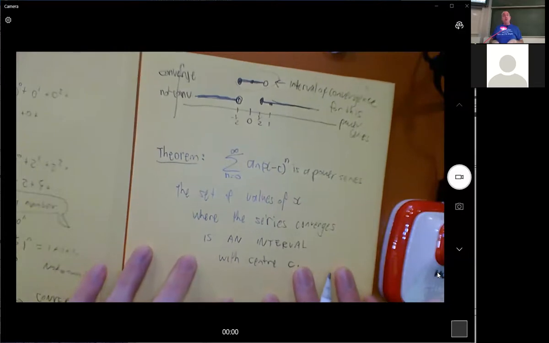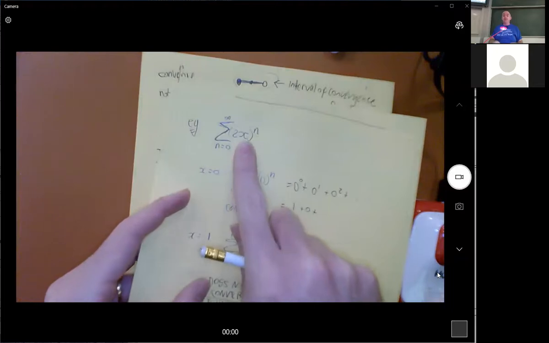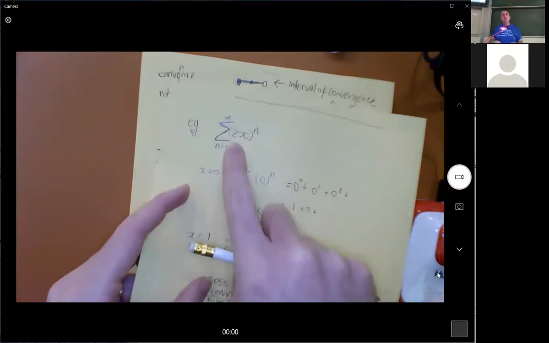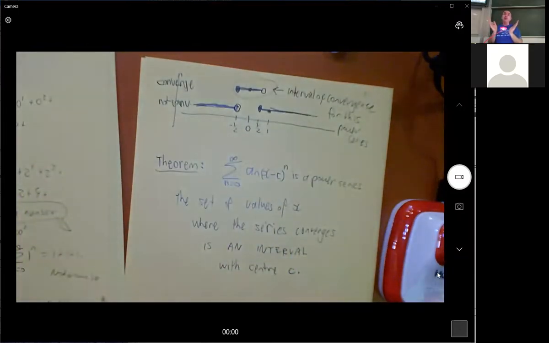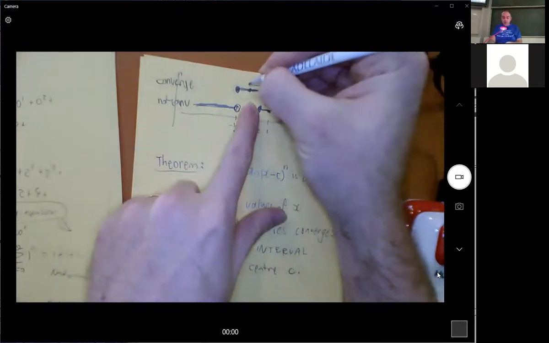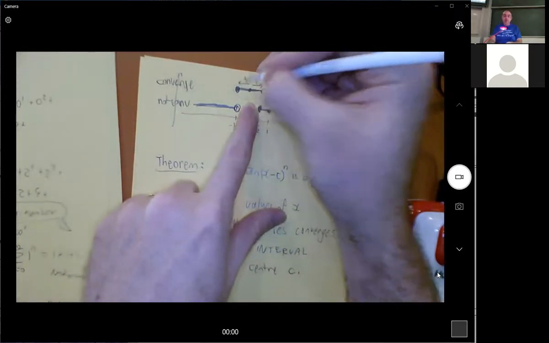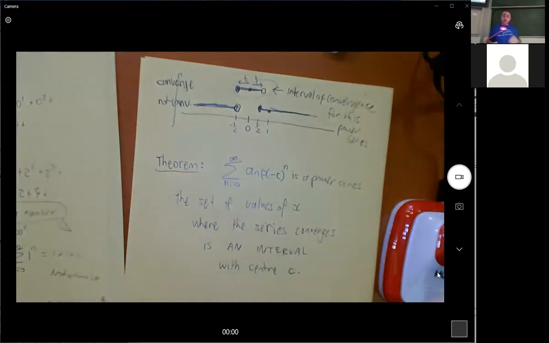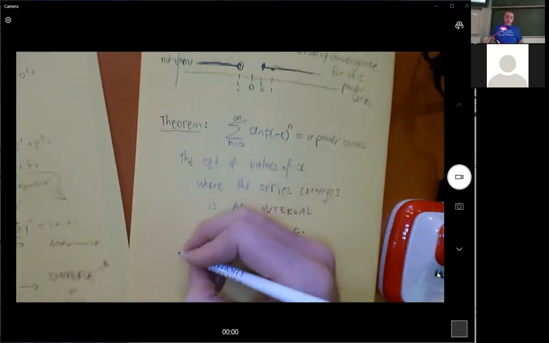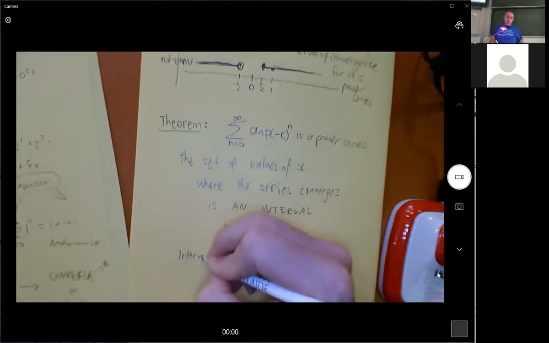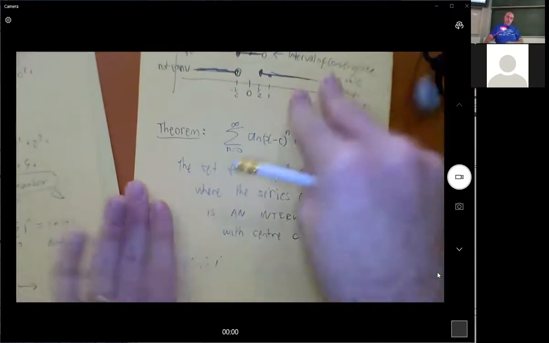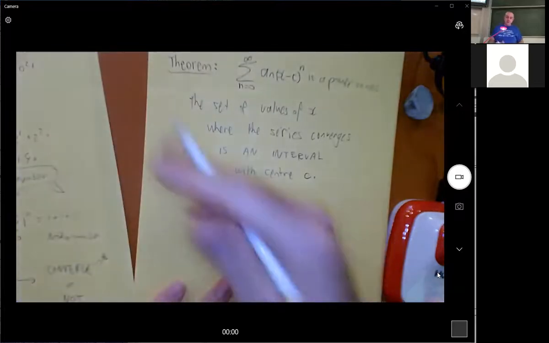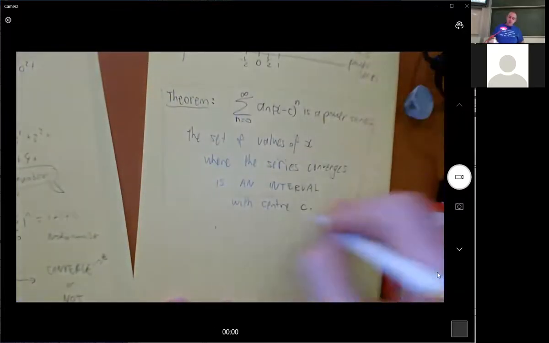So for this one, the center is 0, because that makes the thing inside this power of n a 0. And the radius is the distance from the center to the edge. So this radius is a half, because the distance from the center to the edge of the interval is 1/2. So that's just from terminology. That's the theorem. The terminology,